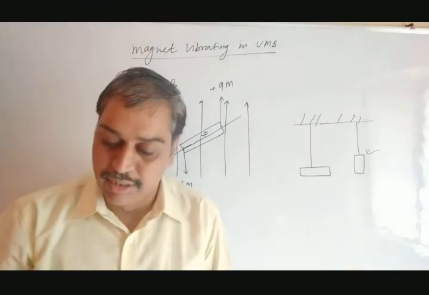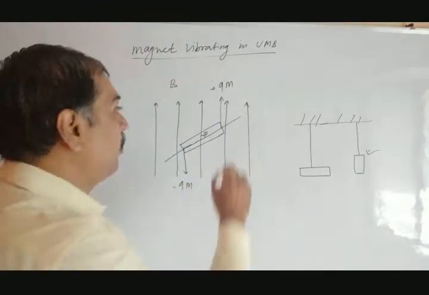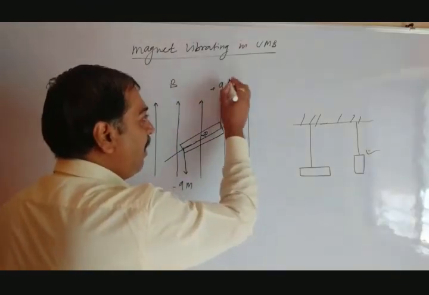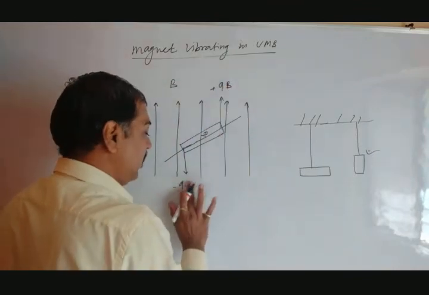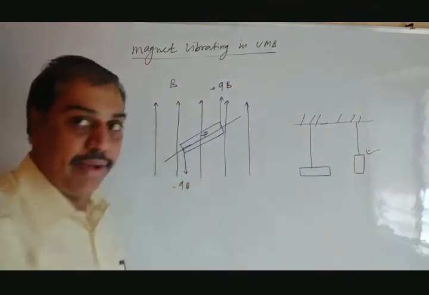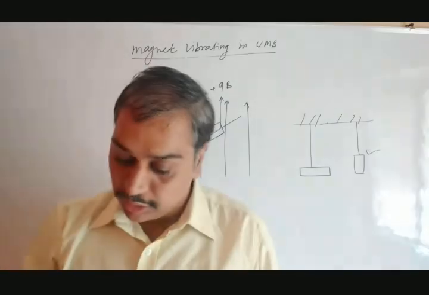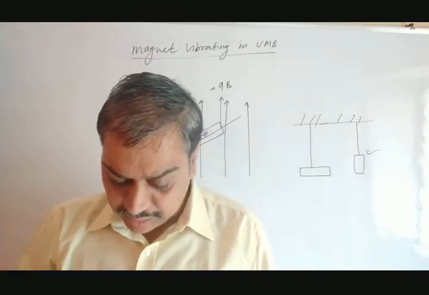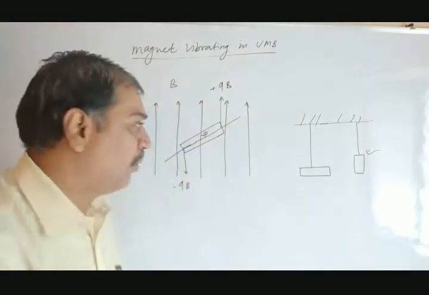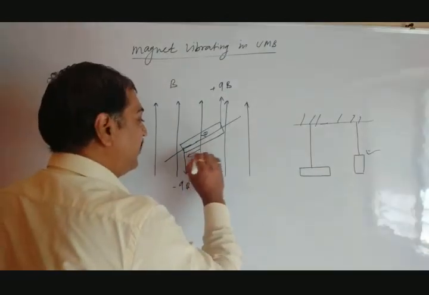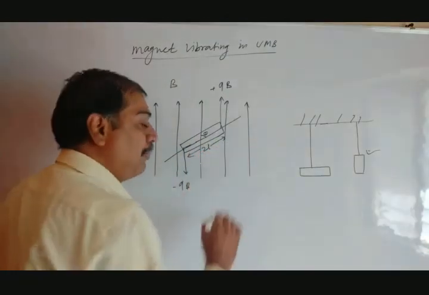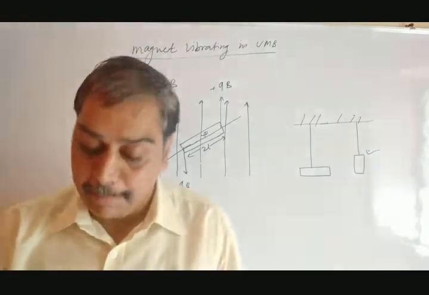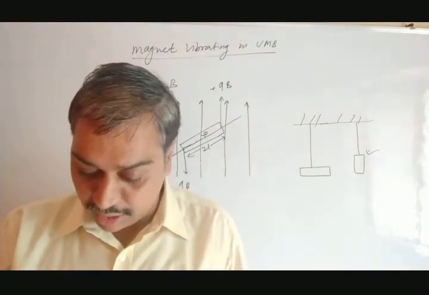The magnetic force is QM into B actually, because here the magnetic field is B we have taken, and here minus QM into B. Okay, pole strength actually. Just we have represented this, and we know the two poles are separated by a distance of twice L. It is said to be the magnetic length. That part also we have already seen.